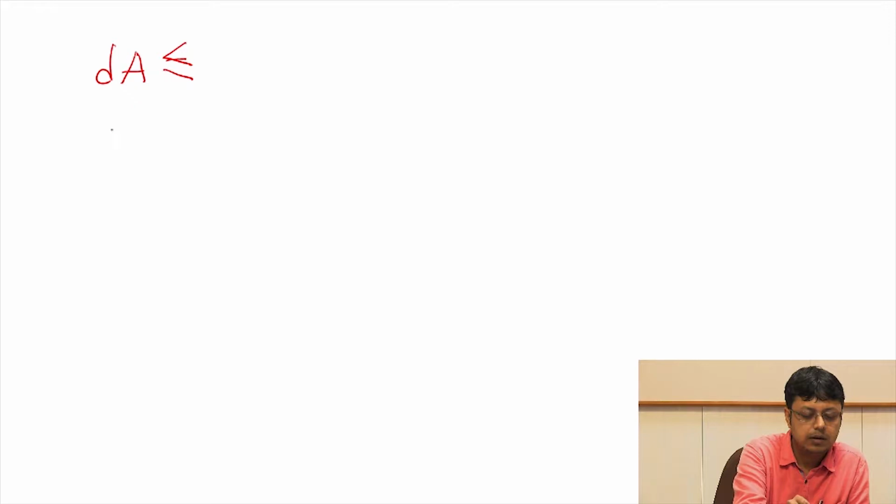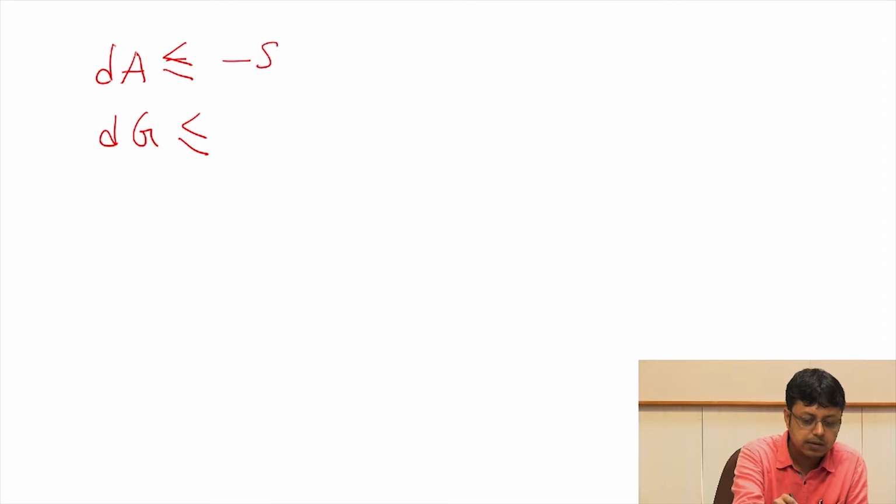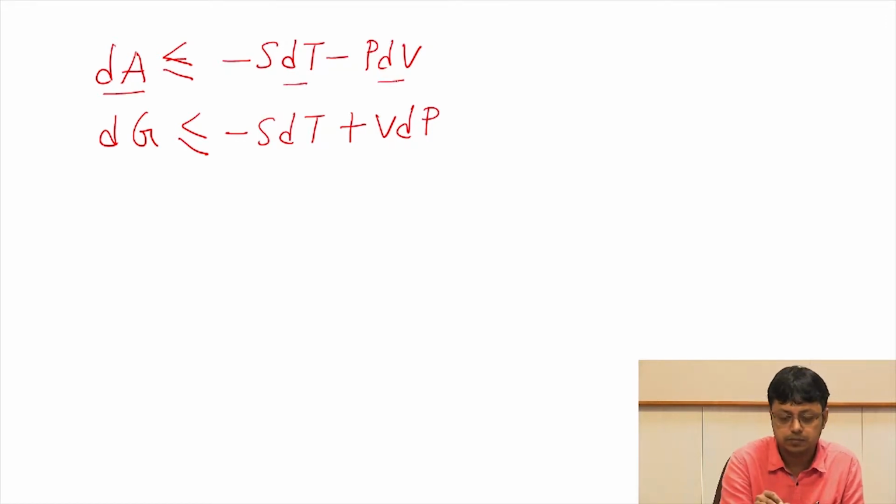quantities are dA and dG, and the conditions for spontaneity and equilibrium for these two thermodynamic functions are given by dA is minus SdT minus PdV and dG is minus SdT plus VdP. So you can easily figure out that for dA the conditions to be kept constant are temperature and volume, then dT and dV will be 0, and then dA equal to 0 at constant temperature and volume,